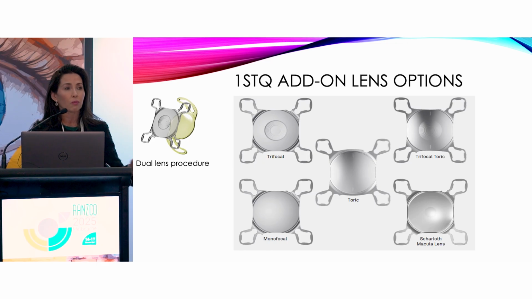So not when you've had a complication and you need to put a sulcus lens in where the patient's not already pseudophakic. And you can put the lens in at the time of the original cataract surgery. That's a dual lens procedure. Or you can put it in down the track, even if there's been a YAG laser capsulotomy, but with more caution in that space. So it comes in a monofocal sphere, a monofocal toric, a trifocal sphere, a trifocal toric,